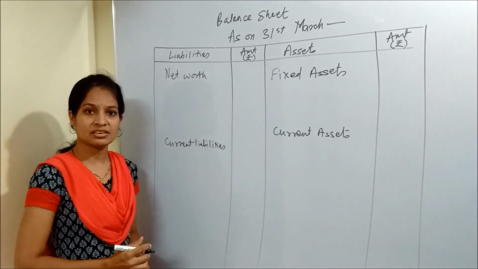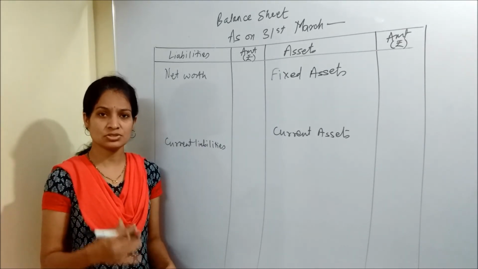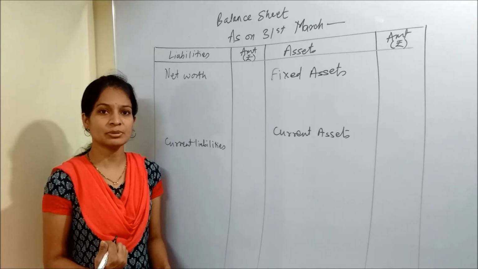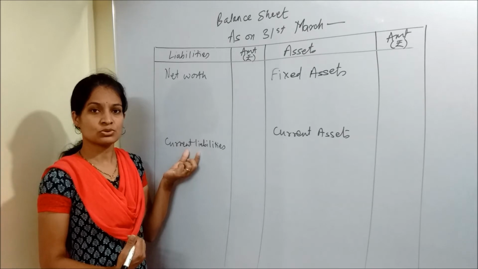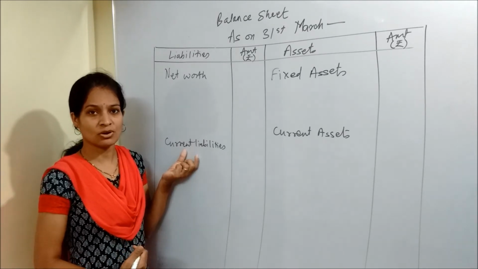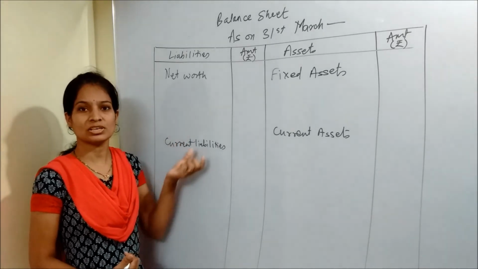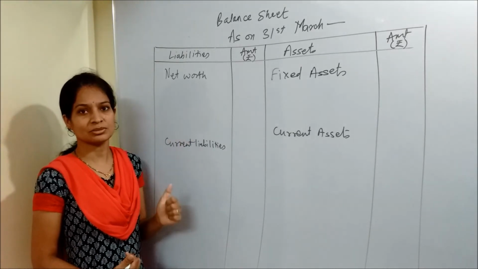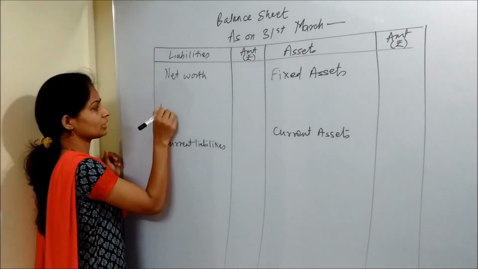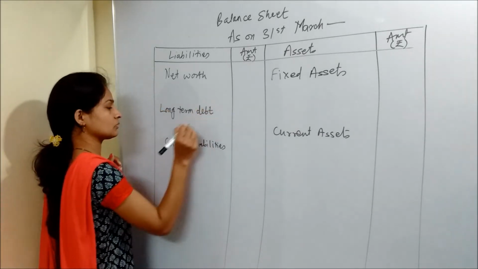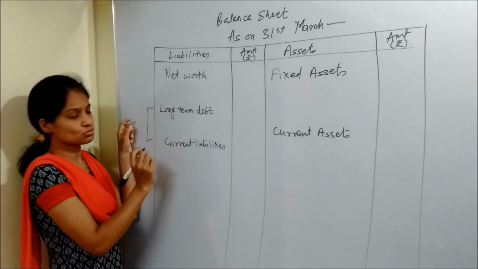In the sum we have seen there is a total debt. Total debt means short term as well as long term debt. Now short term debt is nothing but your current liabilities. So you can easily find out long term debt by minusing current liabilities from the total debt. So you will get the long term debt, which amounts to, we'll write it here, long term debt only. In the sum total debt is given, which amounts to this total.